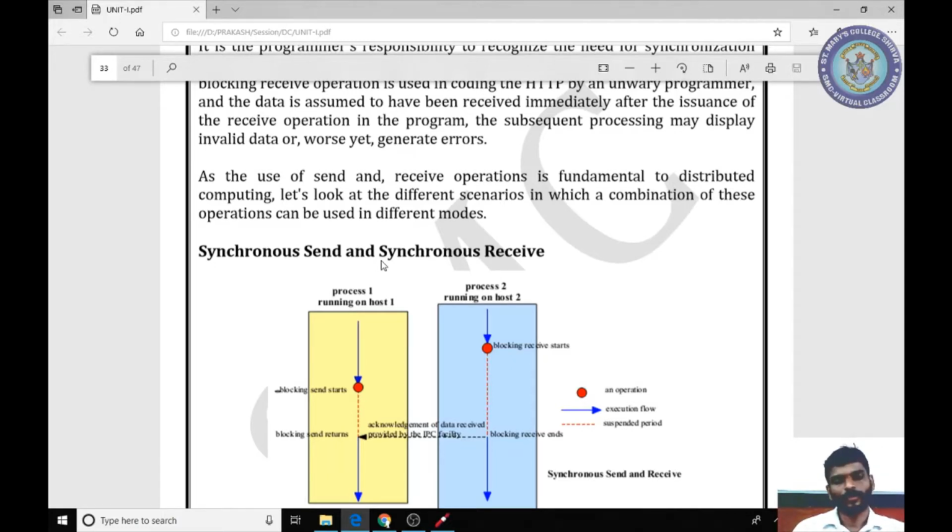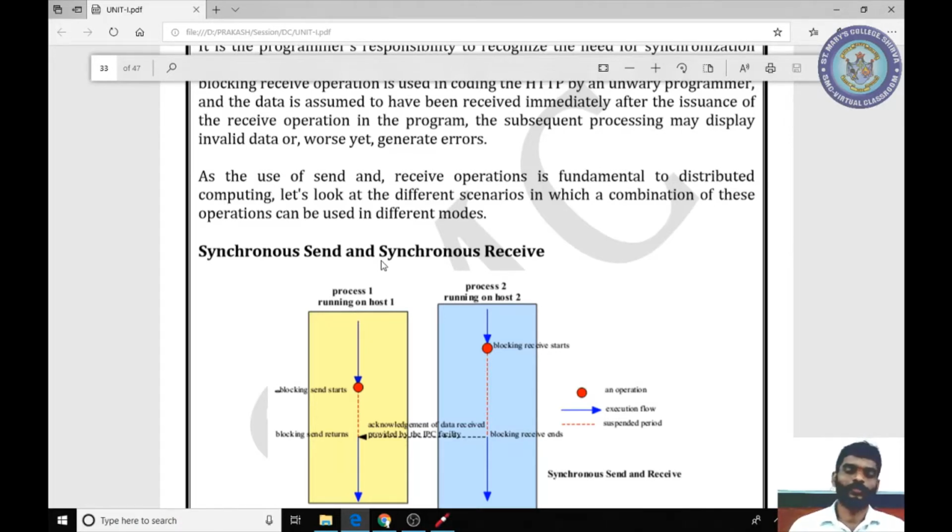That is maintained in event synchronization. There are mainly 2 types of operations, synchronous and asynchronous. Synchronous means a blocking operation, on the issuance of any event. For example, if you issue the receive operation and the event occurs, on issuance of that event, if the execution is blocked or terminated for a particular period of time, then that is known as a synchronous operation.